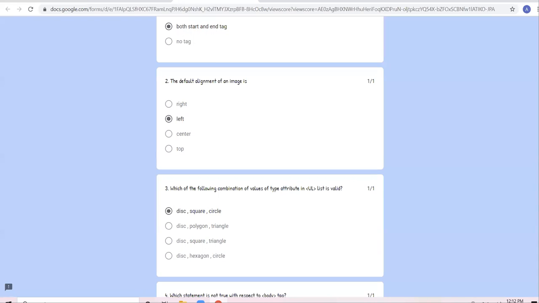All right. This question is for Saksham. Unmute yourself. Name any 4 attributes of body tag. Text, BG color, background, A-link, V-link. Okay. Saksham, another question for you.